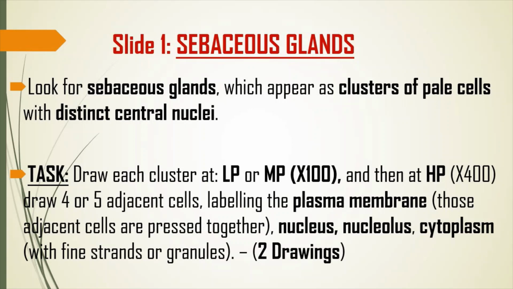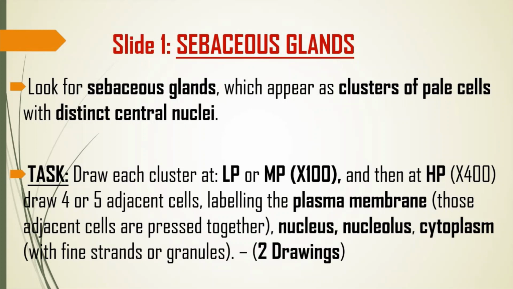The first slide that we're looking at is of sebaceous glands. Okay, sebaceous glands. So now, in the next slide, you have to look for sebaceous glands. Sebaceous glands will appear as clusters of pale cells with a distinct central nucleus. So your task when you look at this sebaceous gland is to draw each cluster at low power or